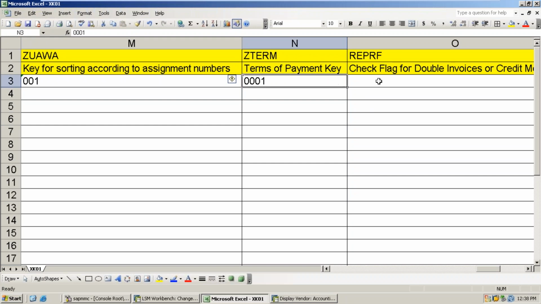Then the next one is a checkbox. Boss, it is not a value. How can I upload it from the Excel into SAP? Okay, keep one point in mind as a note. For radio buttons and checkboxes, you have to enter a cross mark, capital X. It's not any value. For tick marks, radio buttons and checkboxes, you have to provide the cross mark in the Excel plot file. Just note that.